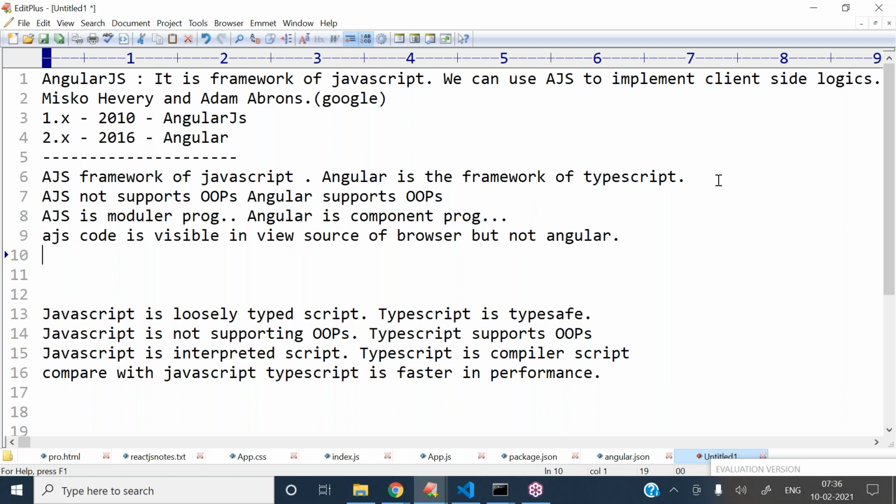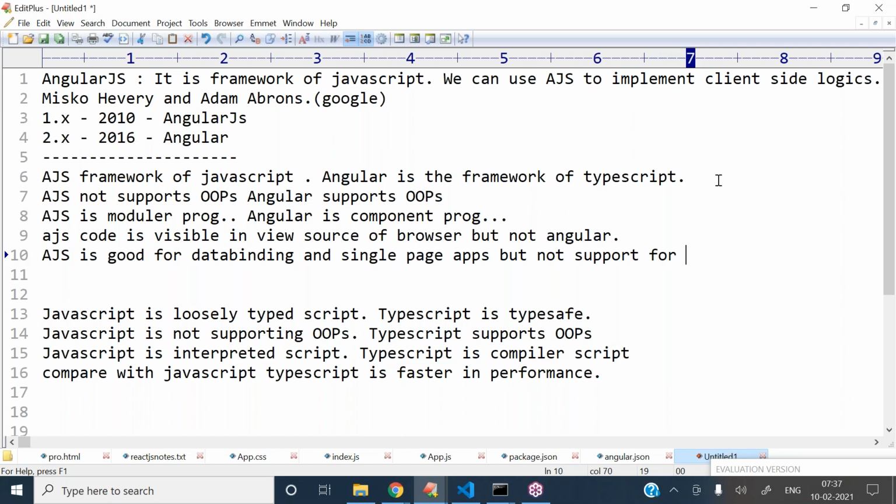Next one, AngularJS. You can write anything, capital or small. AngularJS is good for data binding and single page applications, but not support for mobile apps.